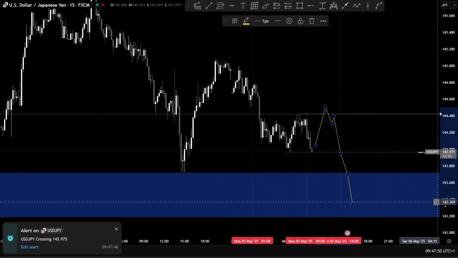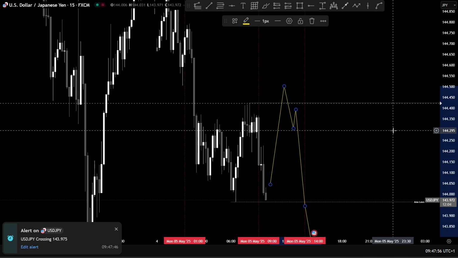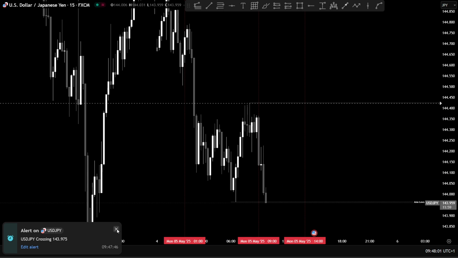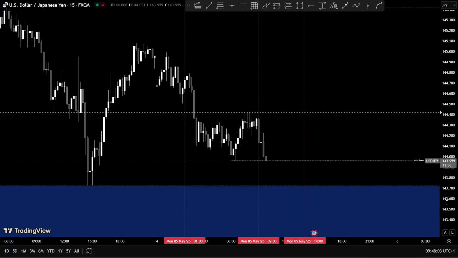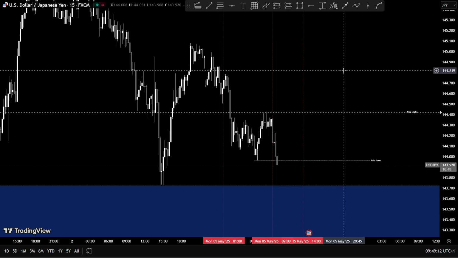And now currently it looks like we are taking out the Asian session lows, still a few pips away, but you got the point. And that's how I identify my trading bias for the day. I will always try to adapt it to the current market condition, because the price action moves, and you should know how to combine it with your trading strategy or your trading style or anything like that.